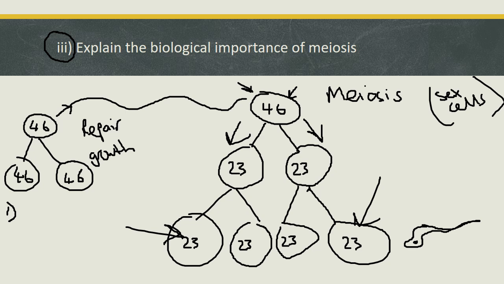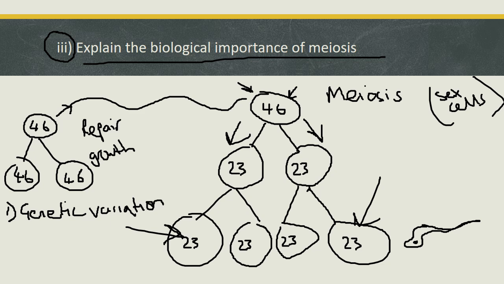So to answer the question, explain the biological importance of meiosis. The first importance is for genetic variation. And if you want, you can just write genetic variation in your answer. Okay? You can just write that and you will get the pass. I'd much prefer it in a sentence explaining, but that's going to just about get you through the exam. The reason why meiosis is important is because it gives us cells that have a varied